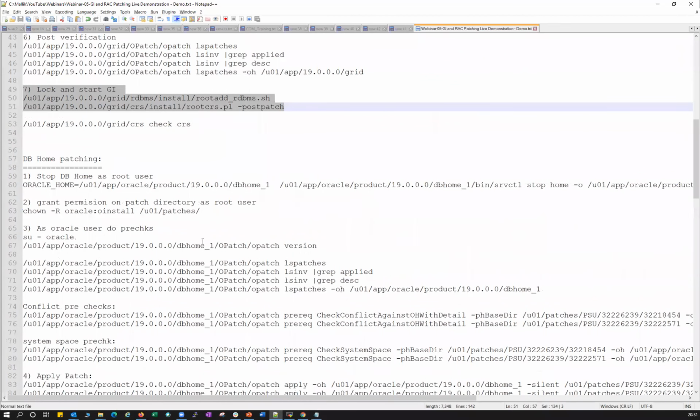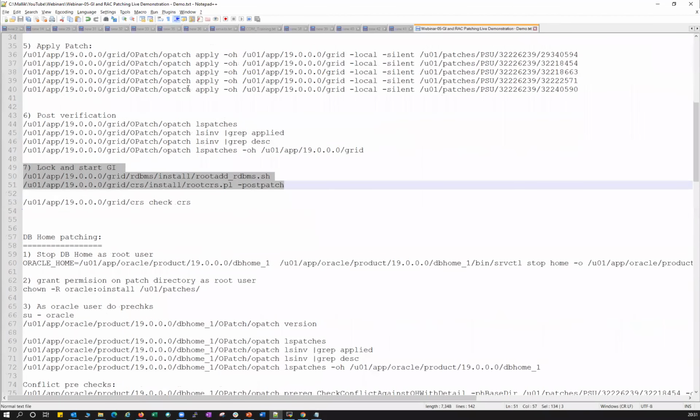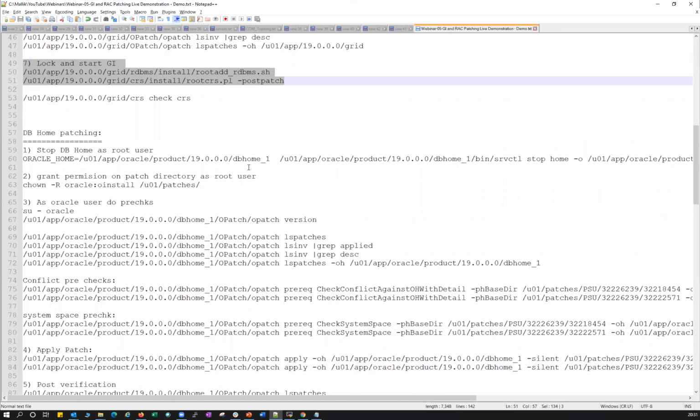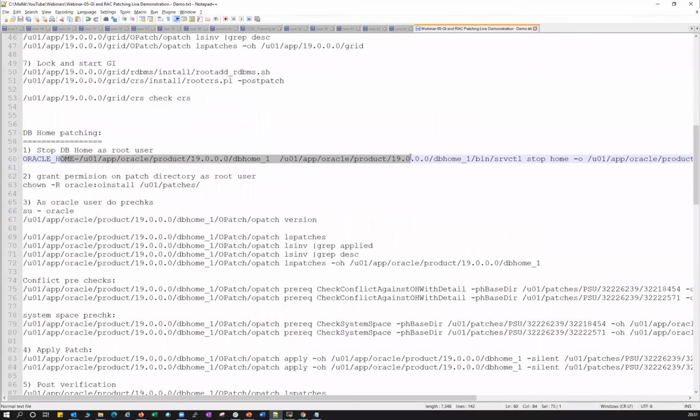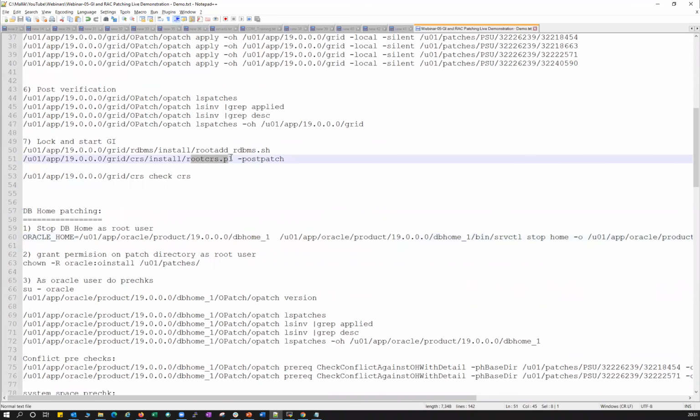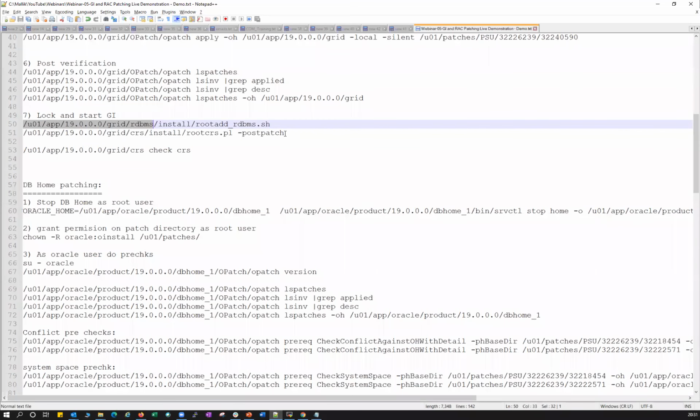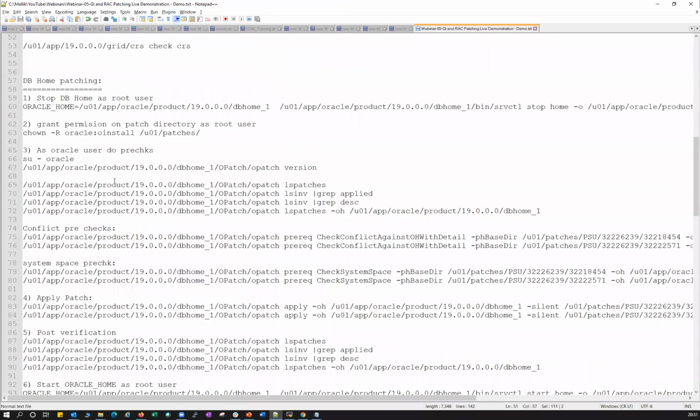That way, in one downtime you are patching both GI as well as DB home. Otherwise, you get one downtime now, and once your cluster is up, your database will come up automatically. Again, you need to stop your Oracle home and Oracle database manually. If you have hundreds of Oracle homes, you have to bring down all hundreds of databases. So again, it is a huge time effort. Now your cluster itself is down and all your 100 databases are down, so you can directly ignore the post patch or start cluster command. You directly jump into Oracle home and apply all the patches there.